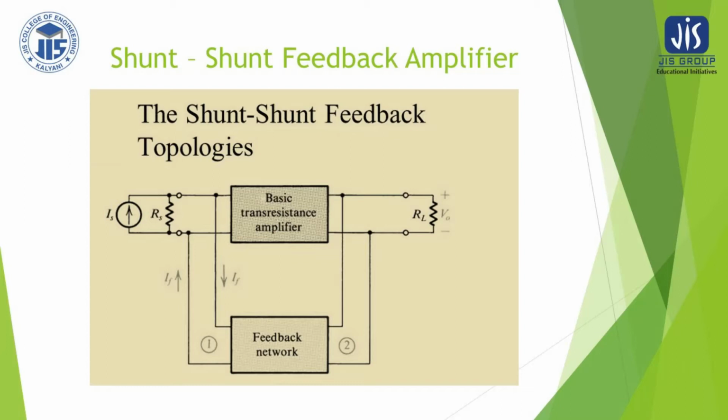So now if you take V0 by I0 from this equation, you will easily write V0 by I0 is equal to R0 by 1 plus Rm beta. So what does it mean? R0 is the output impedance without feedback amplifier. That is, for the basic amplifier, R0 is the output impedance. Due to feedback connection, we are getting the overall output impedance reduced by the factor 1 plus Rm beta. That is again the desensitivity factor dividing the output impedance. So therefore, this is your resultant Z out. So Z out has been reduced. That is, the overall output impedance of the feedback amplifier has been reduced by the factor 1 plus Rm beta.